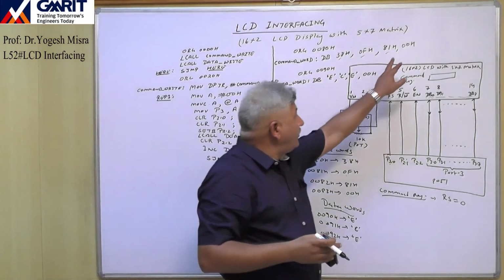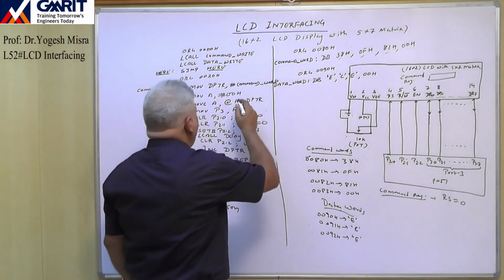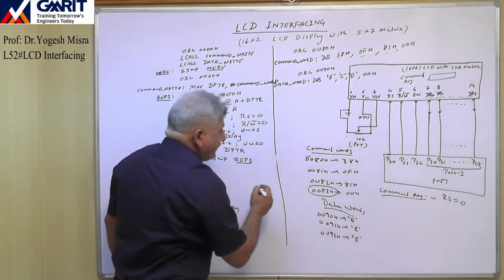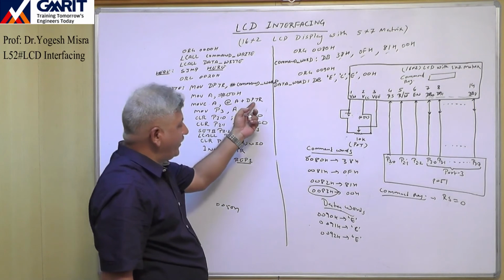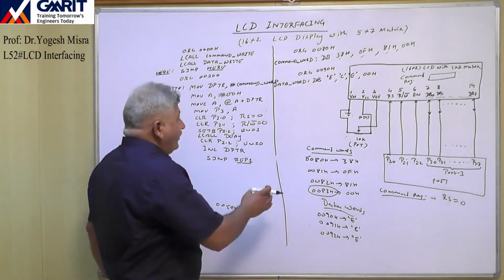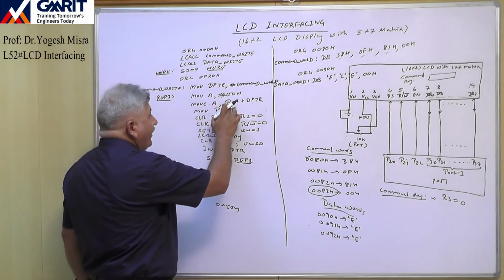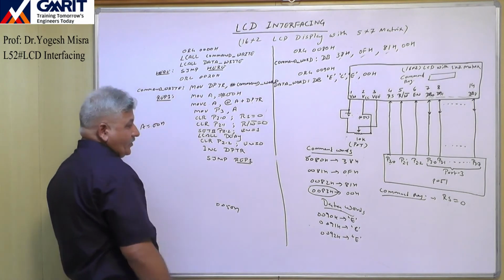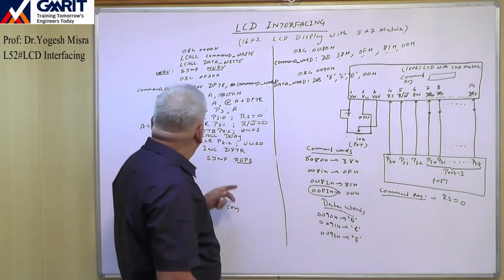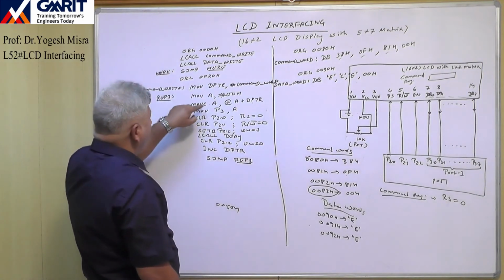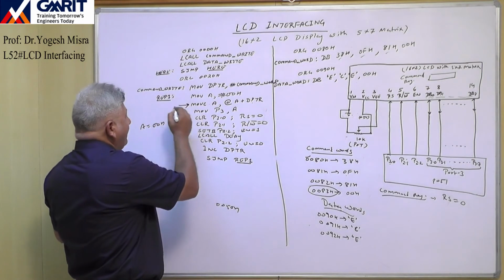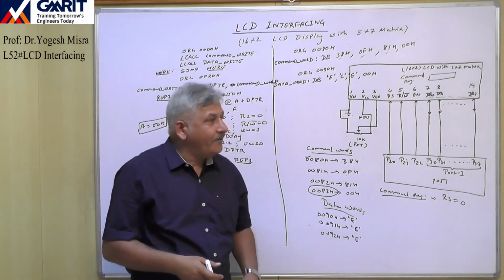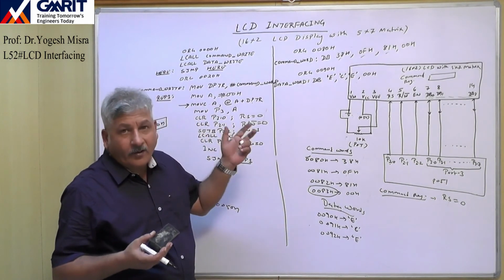But suppose the value of A plus DPTR is 0083. At one point of time, the value of A plus DPTR will become 0083. So with this instruction, MOVC A, @A+DPTR, what will happen? In A we now have the 00 value. Whenever the value of A becomes 00, this indicates that all the command words have been loaded.